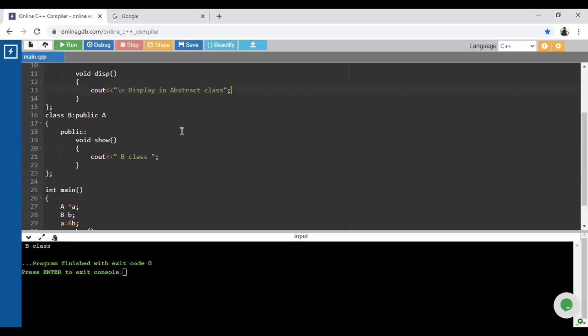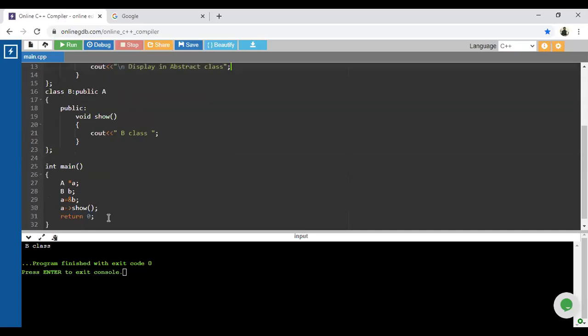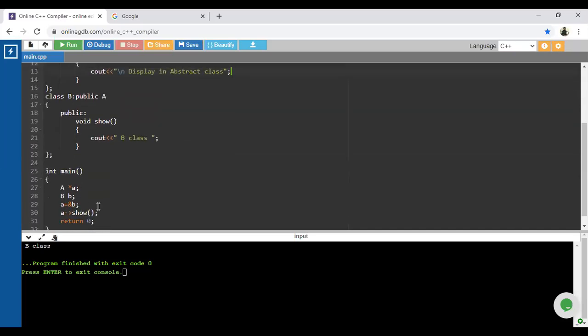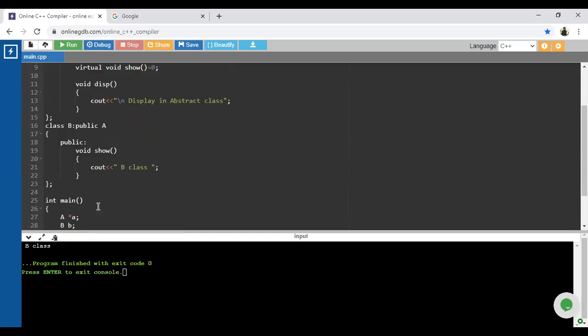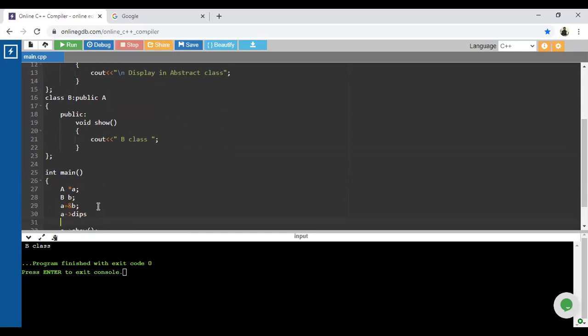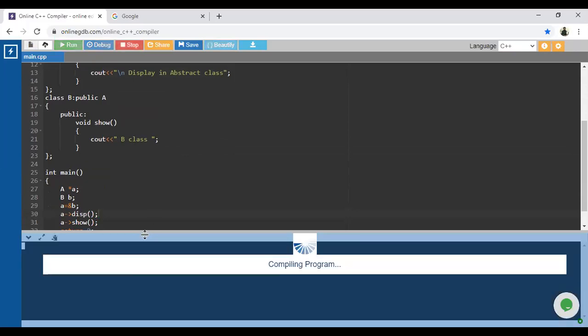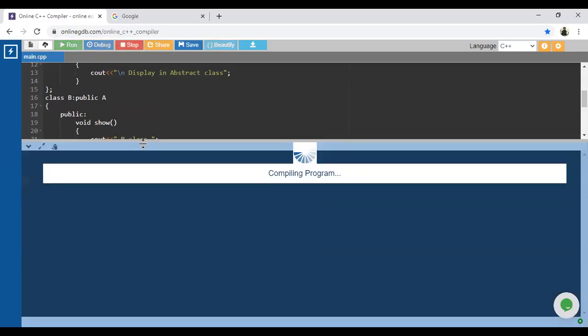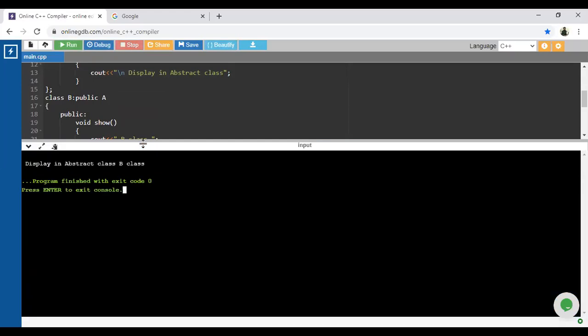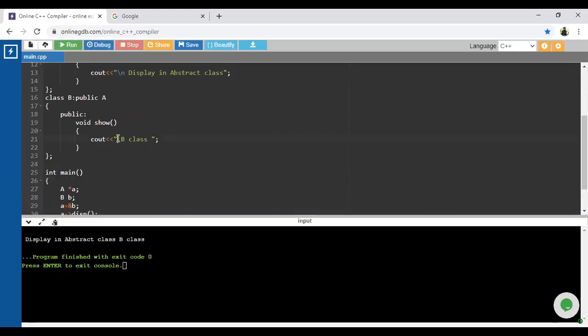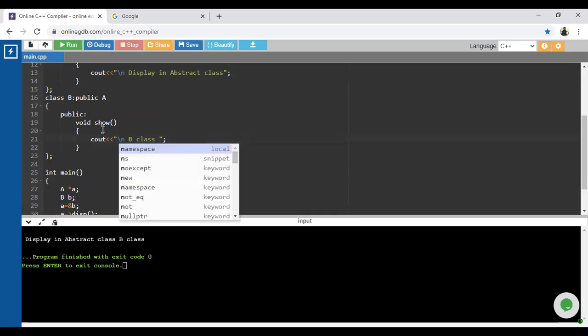How are you going to call this particular method? For that purpose, again here we have to provide the display function and semicolon. Now look, it executed; both outputs are combined because the slash n is not available.